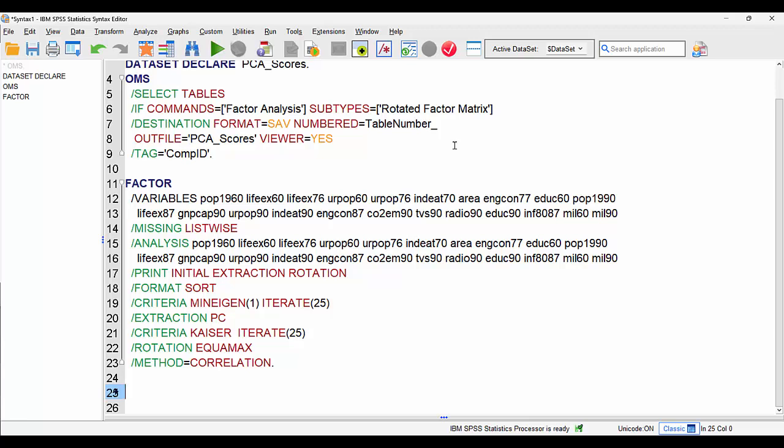And we're going to finish up here by simply adding a command to tell it to stop looking, to stop monitoring, and that is simply a command called OMS end at that point. So if we run that procedure, what we should find is that we're asking it to look for this particular type of table, and once it has found it, to turn it into a data set called PCA scores and open it in the background, and then having done that, to stop monitoring with the OMS end procedure. So we're just going to click run all here,